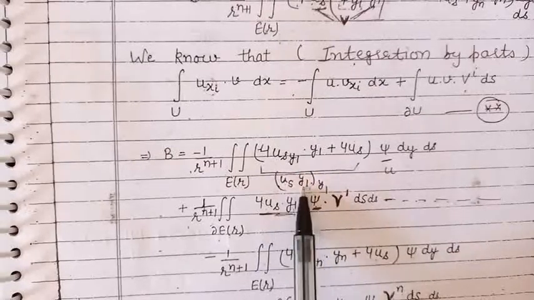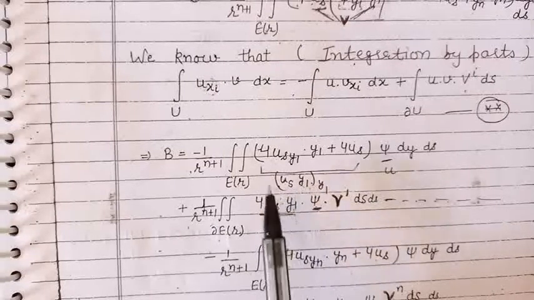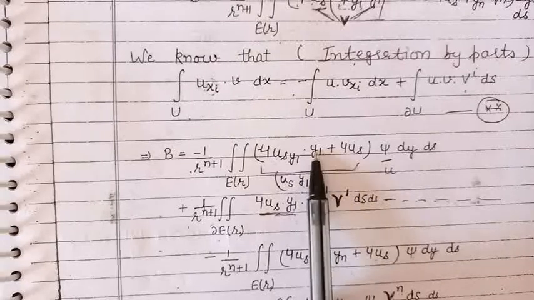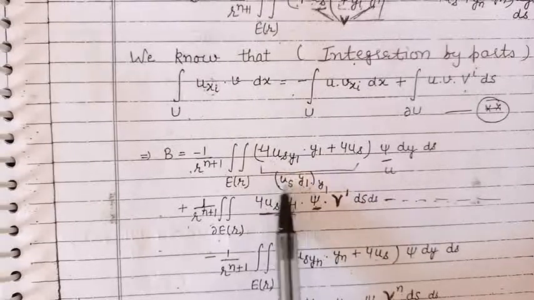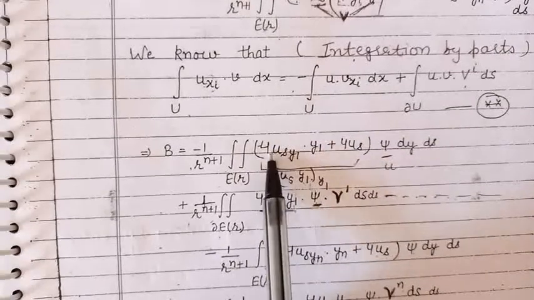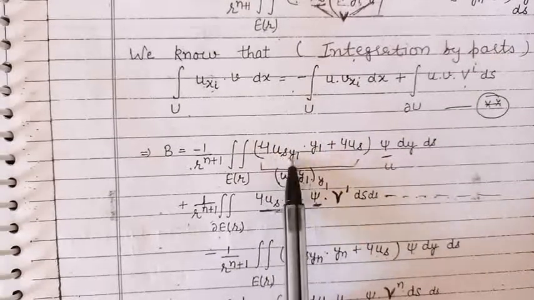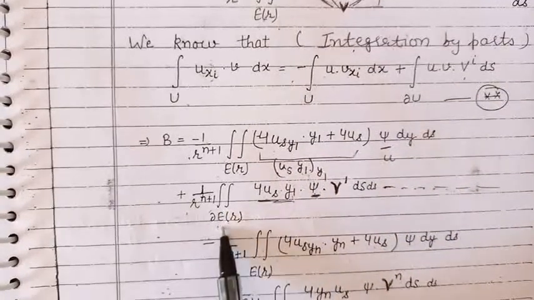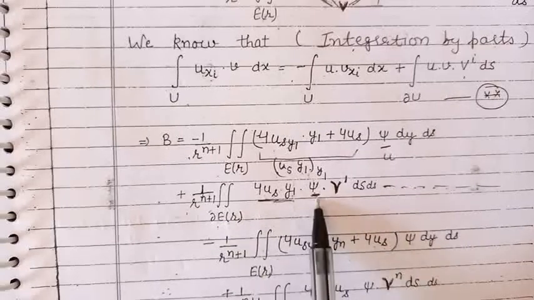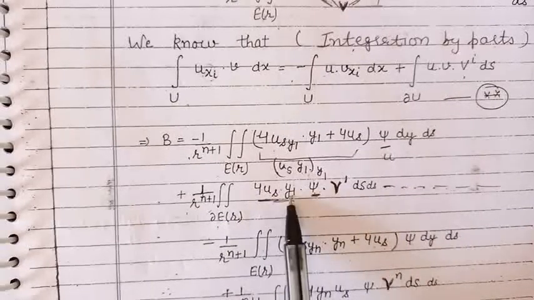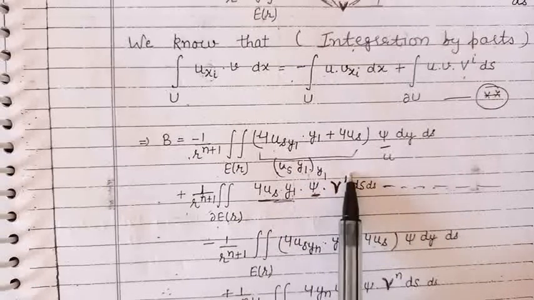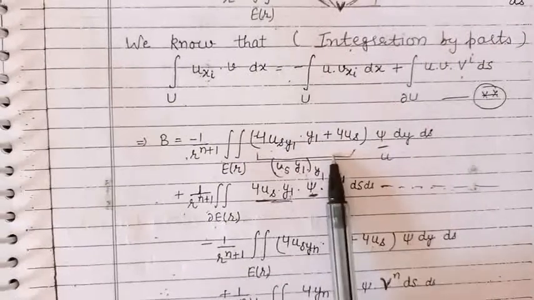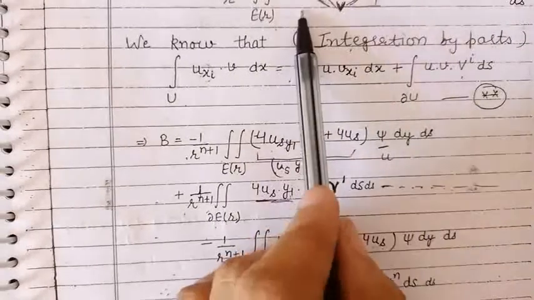Both are functions of y1, so we'll use the product rule. First function as it is times the derivative of y1, that will be 1. Then y1 as it is times the derivative of us with respect to y1, which is denoted by u. In the base we have s y1. Then the second term, the double integral over the boundary of the heat ball, u is psi, v is us y1 and ν 1. This term stays as it is. So this is the expression obtained when we have applied the integration by parts formula for this first integral.